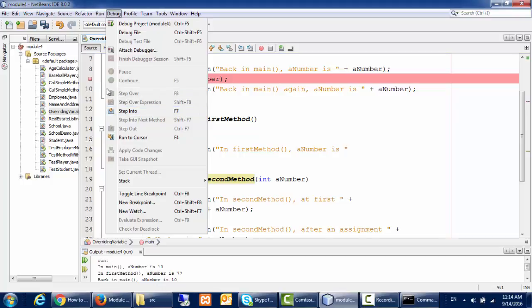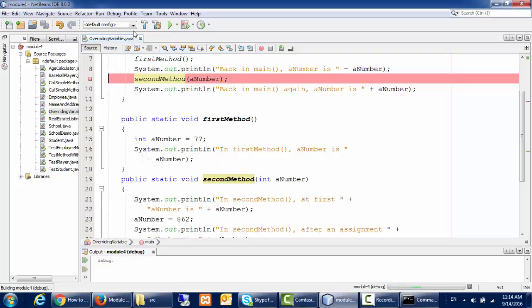This is something very important, which allows you to stop at this line. Step into means I'm going to step into the method call, right? Step over means I debug my program line by line. So, see, you click on debug file,